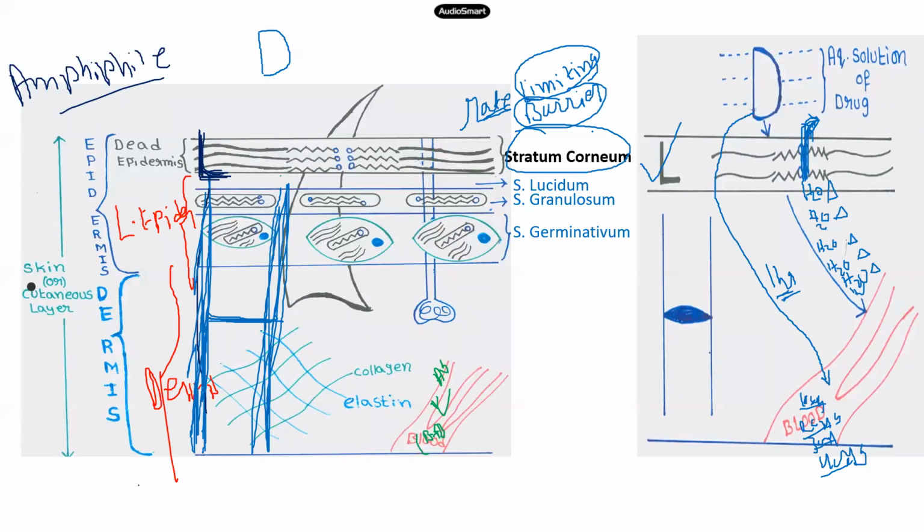Wow, Manasa, dead layer, horny layer. Manasa, you forgot to express the stratum corneum. Dead layer is clear, horny layer is clear, lipophilic layer is clear, but you forgot to write the stratum corneum. Then it will be excellent. First one is stratum corneum. Second one is horny layer. Third one is dead layer. Fourth one is lipophilic layer. Fifth one is rate limiting barrier. Wow, wow. How many synonyms are okay?